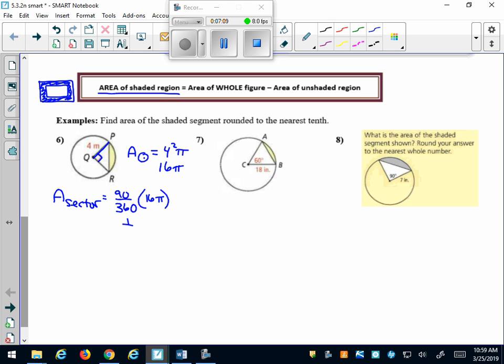So that's 1/4 of 16 pi, which equals what? 1/4 of 16? 4 pi. Okay, so the area of the sector is 4 pi. That's the entire sector, right? Now we have to subtract out